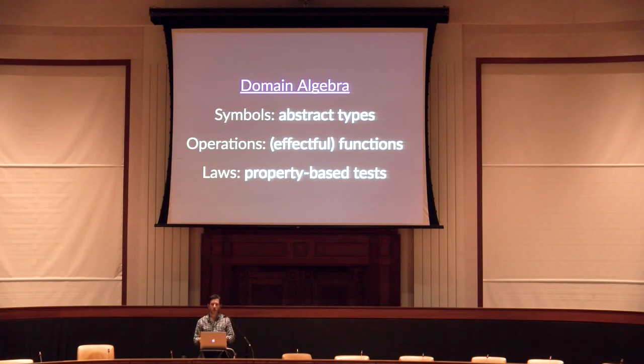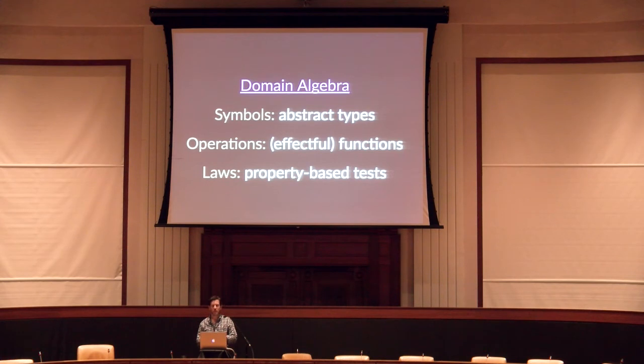So the laws can become property-based tests. See also in my workshop. When we start with an algebra, we have our entities, and we have the methods that act on them. We naturally will produce property-based tests. So then we can take advantage of frameworks like ScalaCheck. We can write generators which produce data to test so that we don't have to do it manually. And we get more powerful tests. We're saying for all the inputs that I could provide, this must be true.